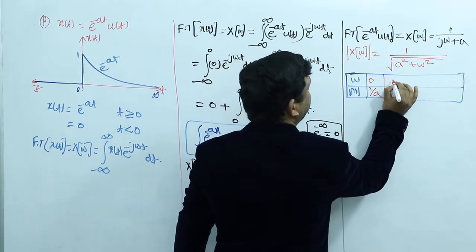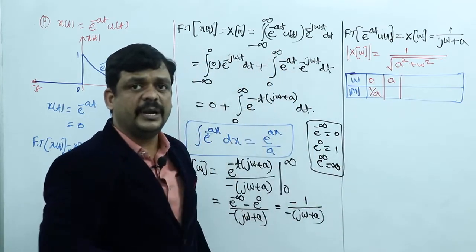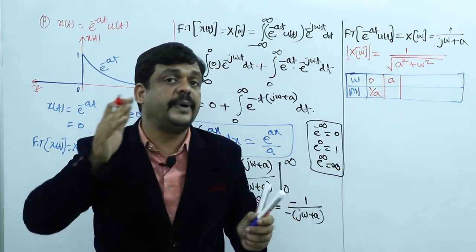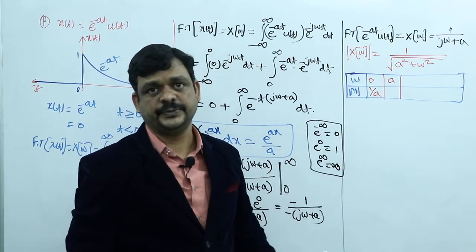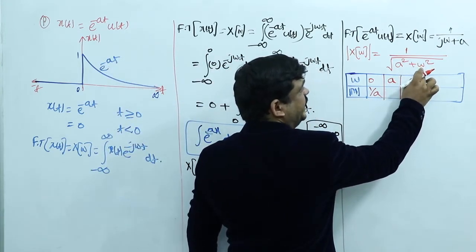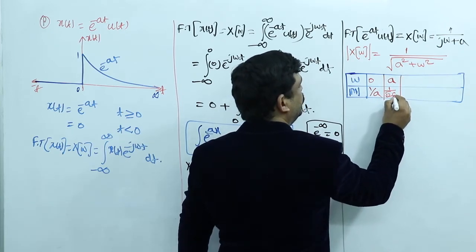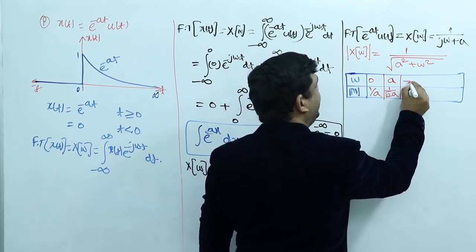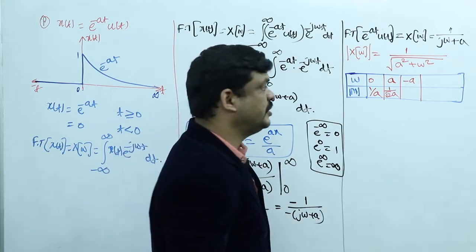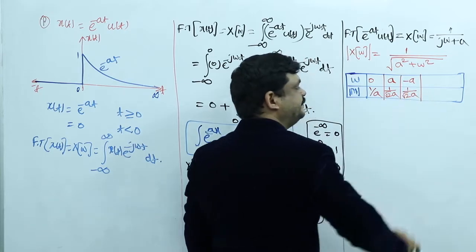Then I am taking omega as a here. I am taking the value a because the complete function is defined with that representation. Omega can be any value from minus infinity to plus infinity, so for easy understanding I am taking a here. If you substitute, a square plus a square is 2a square, which gives 1 by root 2 a. Then substitute minus a. Minus a whole square again gives a square, so minus into minus is plus. That's why it becomes 1 by root 2 a, right?